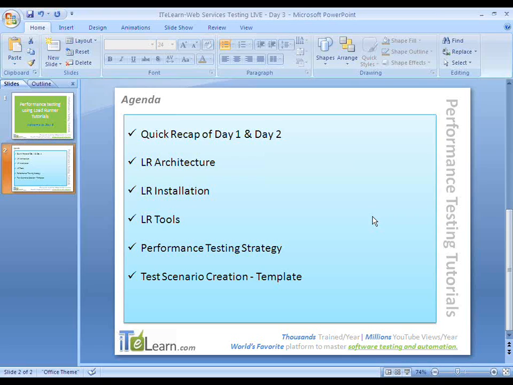You will get a clear idea of the complete process of performance testing, from identifying the test scenarios and writing the test cases, to creating the scripts using the virtual user generator, creating a scenario using the controller, running the scenario using the controller, and then analyzing the results using the analysis tool, which comes along with your LoadRunner. So that's a quick recap of day 1 and day 2.